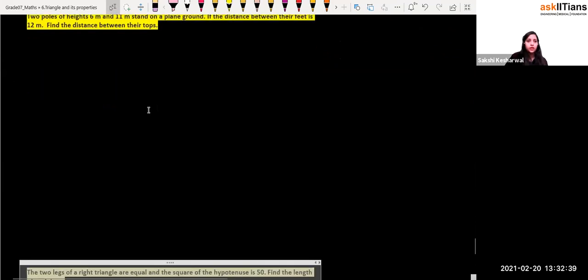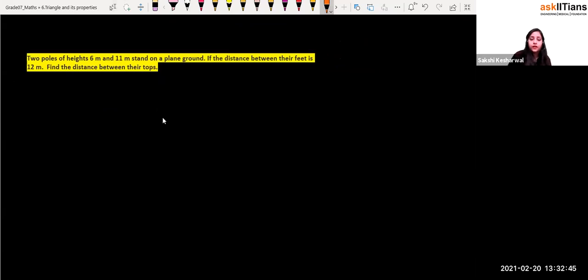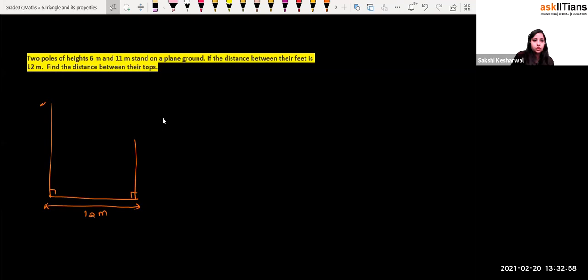It says that two poles of these heights stand on the plain ground. If the distance between their feet is 12 meter, find the distance between the tops. So when you stand a pole, the pole with the ground always makes a 90-degree angle, right or not? So distance between their feet is 12 meter, right? One of the poles is 11 meter, right? And this one is